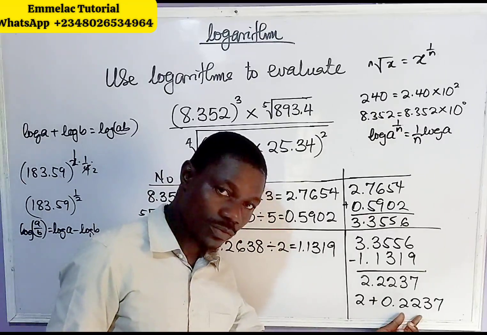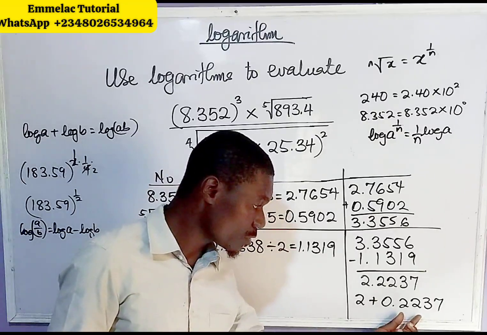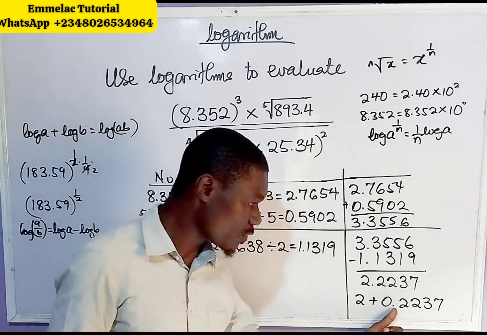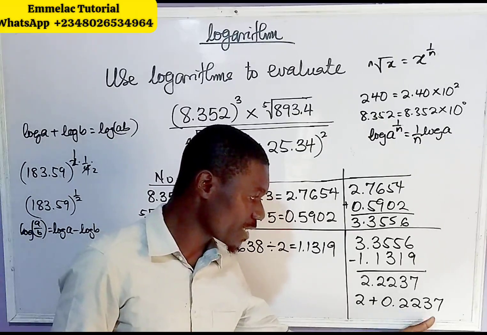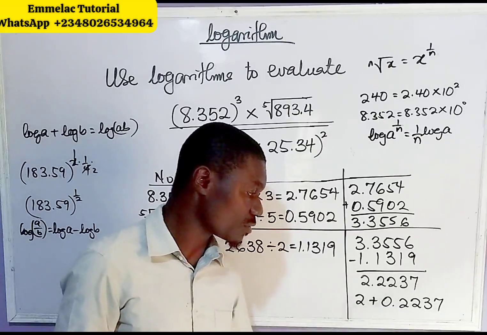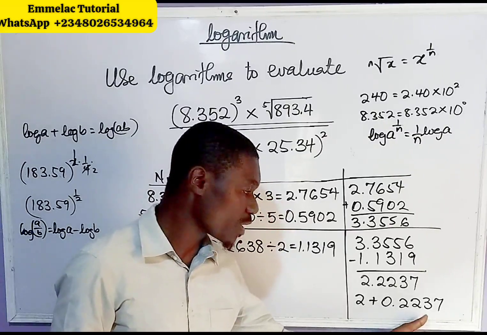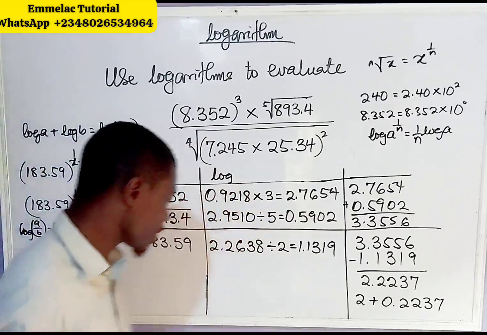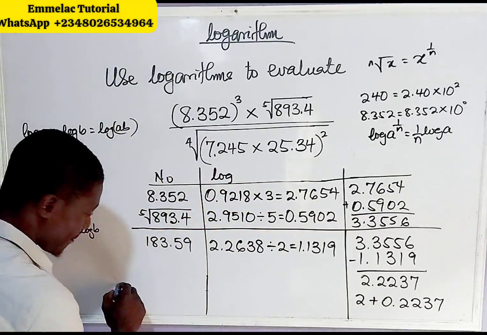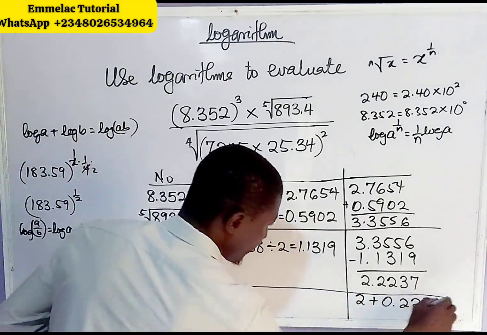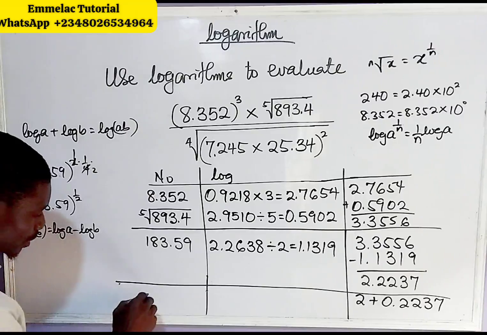Now we'll go to the antilogarithm table, finally for 0.22 under 3, now difference 7. There you should be able to get